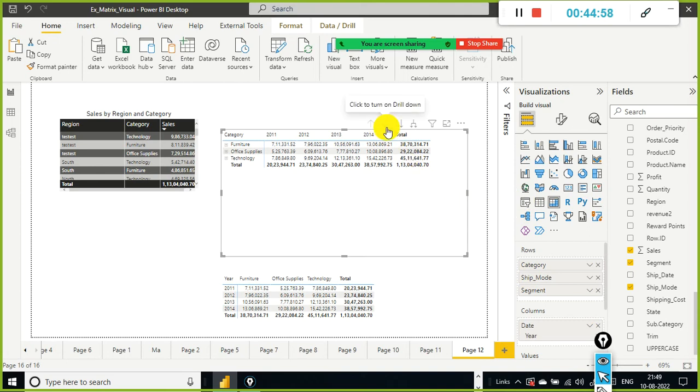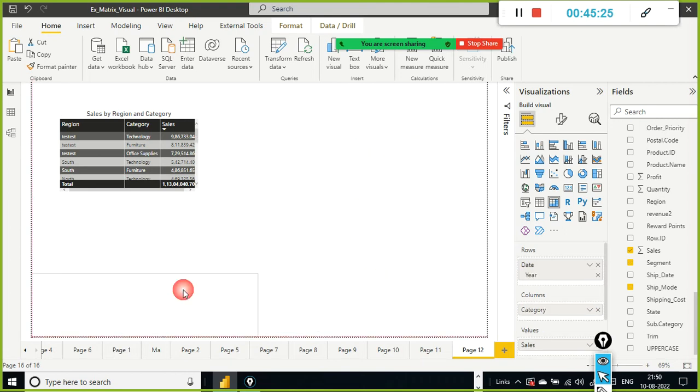So what is this icon? This is called your drill. Okay. Click to turn on drill down. So look here, when I click on this, just behind this icon, it got gray colored. Okay. So in the background of this icon, we could see the gray color is appearing here, which means now the drill mode is on. Look here, the drill mode is on. To understand the drill mode, what I will do is